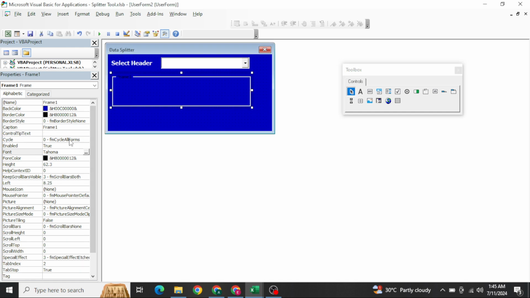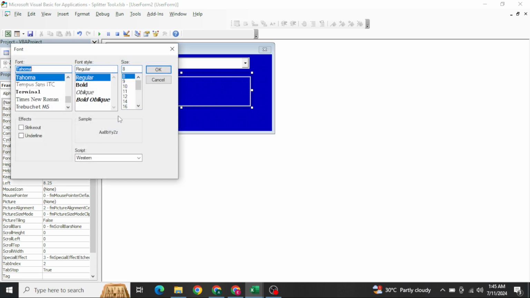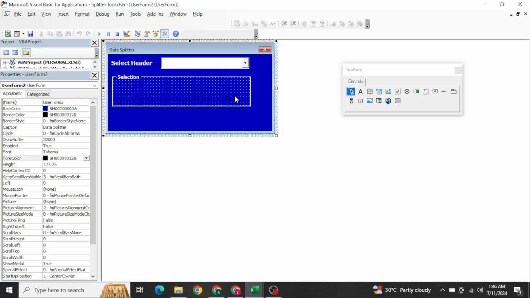In the frame I want to give the caption selection, and I want to increase the font, keep it bold and 9, and give it white. Now it seems better.